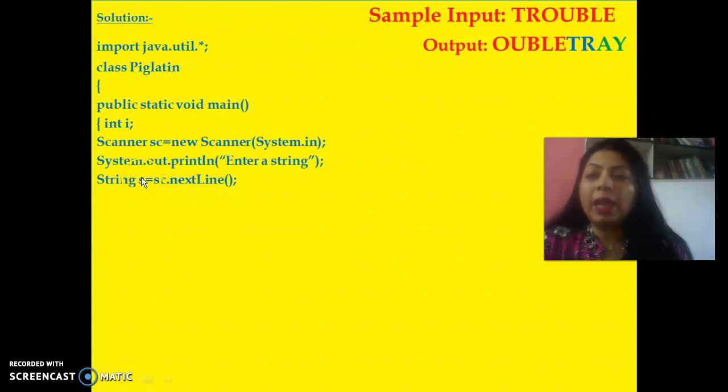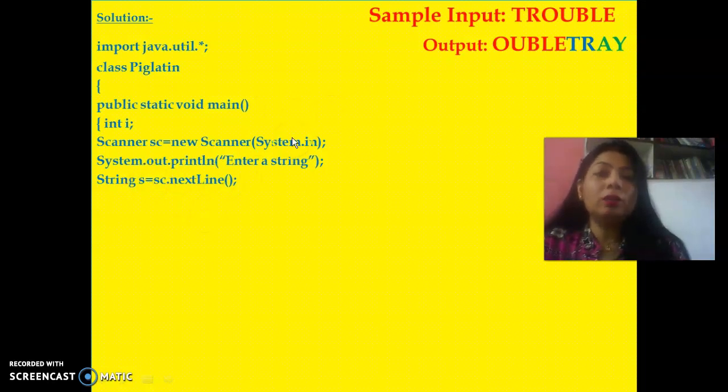Any variable name, here I am taking s as the variable name, equal to sc.nextLine(), L in capital, bracket open, bracket close. This is the syntax for taking a string type input from the user. So you are asking for the string and you accept the string in s.